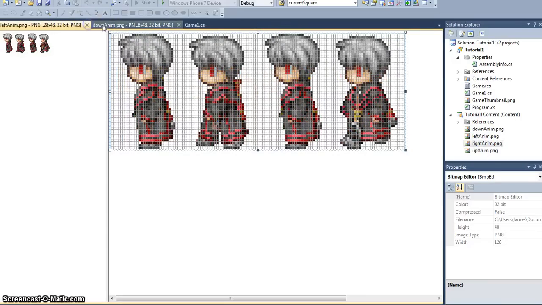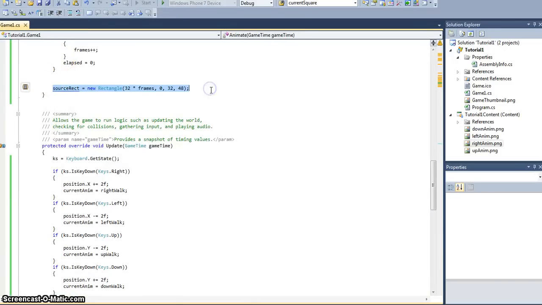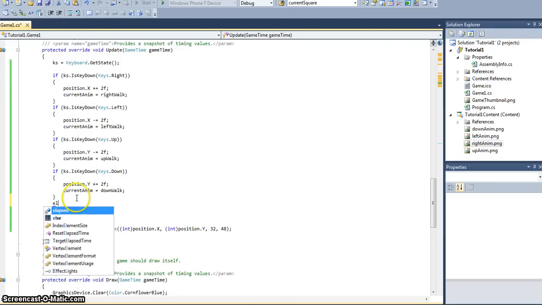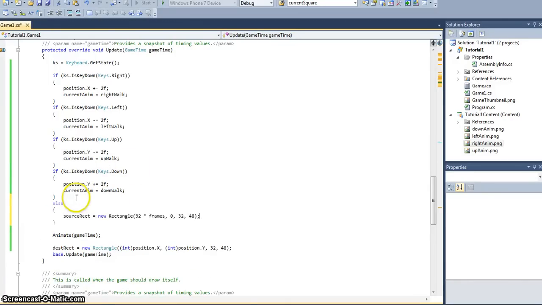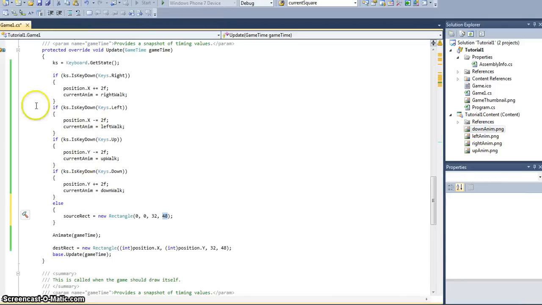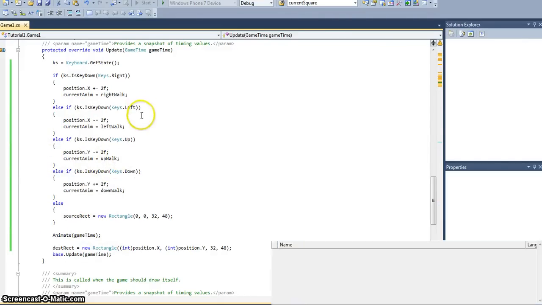Right. So again, that's quite straightforward to do. We'll just put an extra bit of logic. So this is where it plays which frame to play. So what we want is an else statement, and we'll put the source rectangle is equal to 0, because what we wanted to do is draw the top left of the drawing 32 pixels wide and 48 long, because that is the dimensions of this first frame. So for that else to work, we need to make these if, else ifs, else if, else if. And so now,